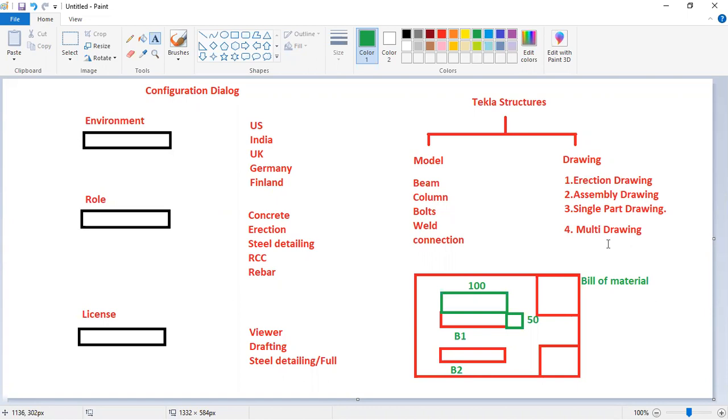Every fabricator is set with their own way of working. So we have to submit as per their practice, as per their detailing practice or their practice in the fabrication shop. Right?